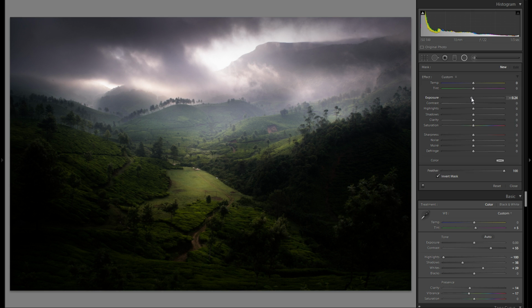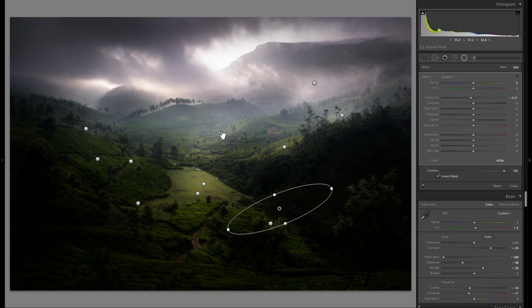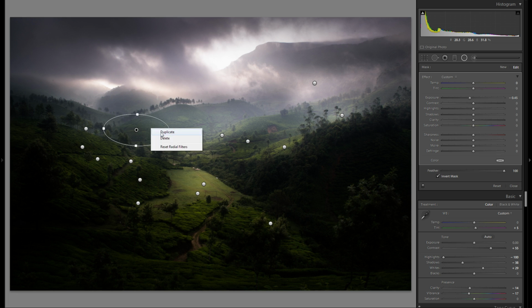I'm also gonna add some minus exposure radial filters and just kind of place them in the already dark spots. So you see, for example, here the light is kind of hitting on the left side of this hill, and by just bringing a minus exposure on the other side, you really exaggerate that look even more. So right click duplicate, maybe one in between here. I don't think I'm gonna have to add too many minus exposure radial filters, because the picture is already pretty dark and pretty dramatic,